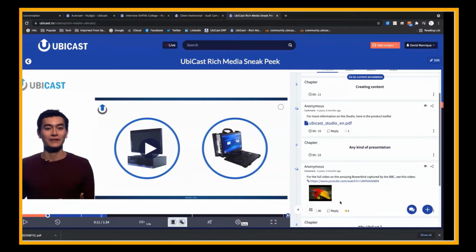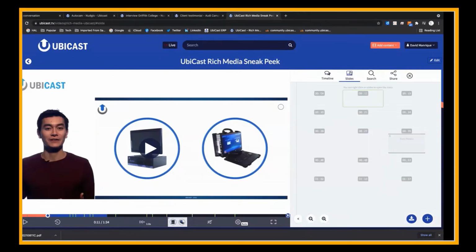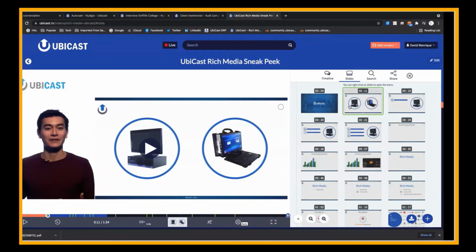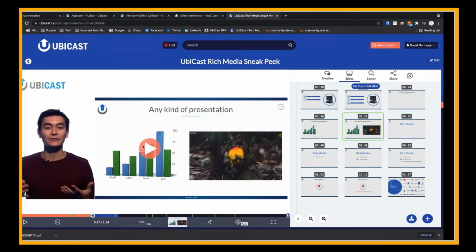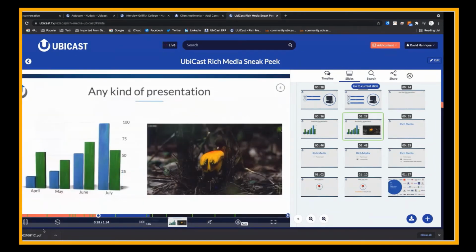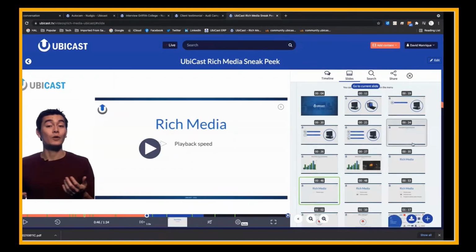So to get back to your question about the OCR and the indexing, here we can see all of the slides that the presenter used during their presentation, and I can use those as a navigation tool, so I can visually jump between one point and the other of the video. Okay. Now, further than that, I can use the words that were used in those slides that are automatically indexed